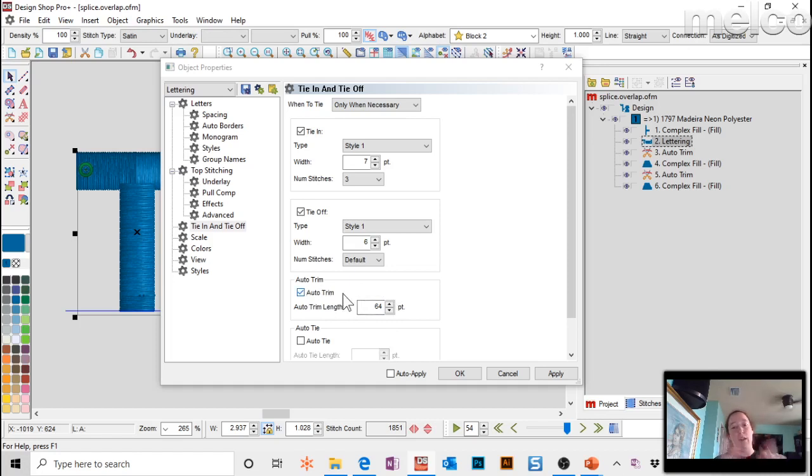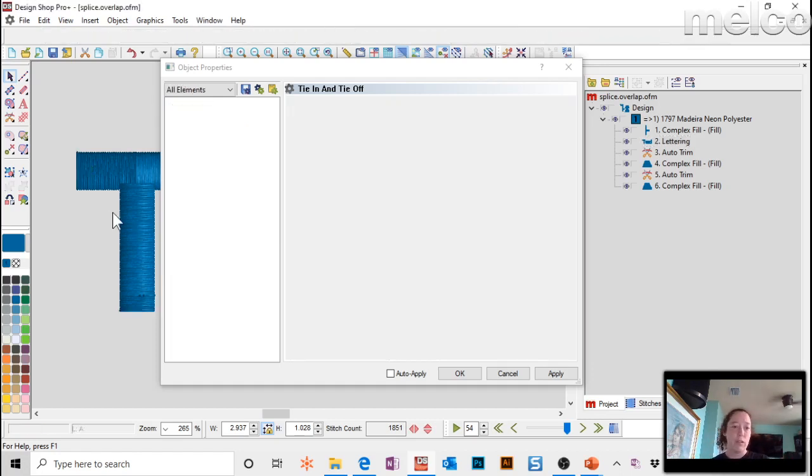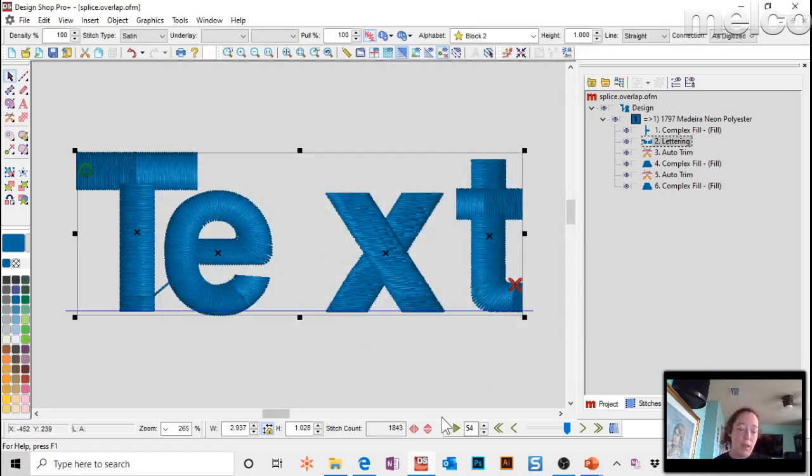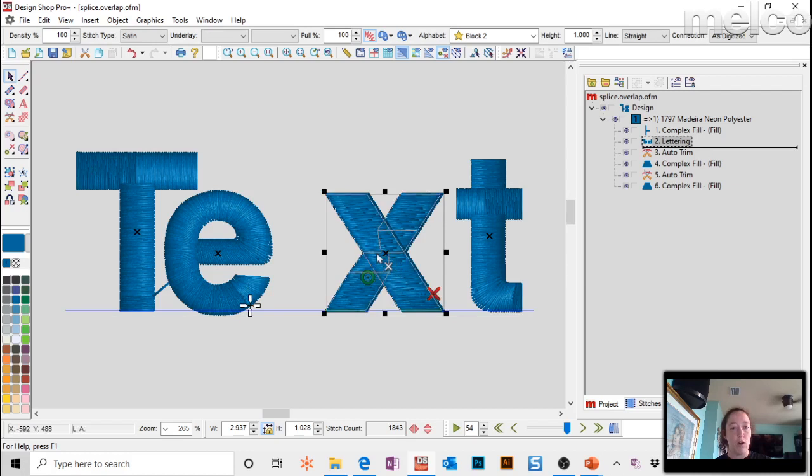So when you have it set to 64, this is an auto trim, so that's how far of a thread you're going to leave, dragging from element to element, before you trim it. The default is 64. So let's look at that. It's easiest to show with text, which is why I did that. If I move my text all really close to each other,